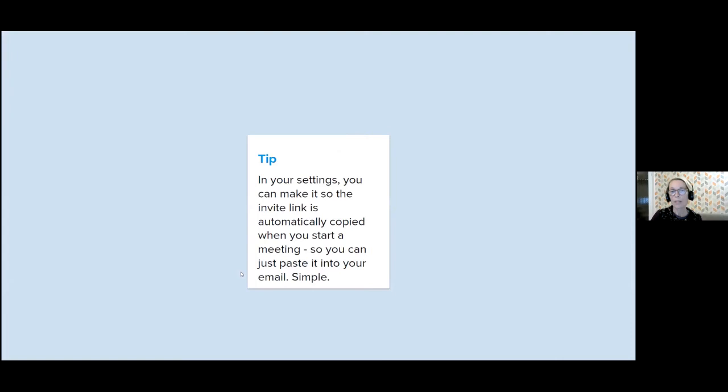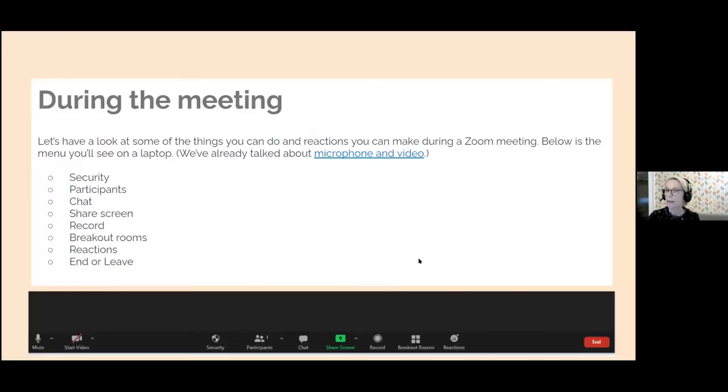So one top tip, one thing that I really love, if you are setting up the meeting immediately, you can press start meeting and you can fix it in your settings that the invite link is automatically copied. So if, like I said, you've decided to quickly have a meeting, invite one of your teammates or family members, then you can have it so that your invite link is automatically copied, and all you need to do is then paste it into a chat and they can join your meeting. Easy. So that's setting up and